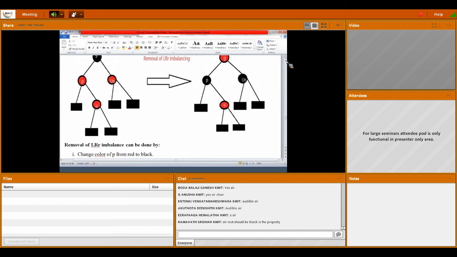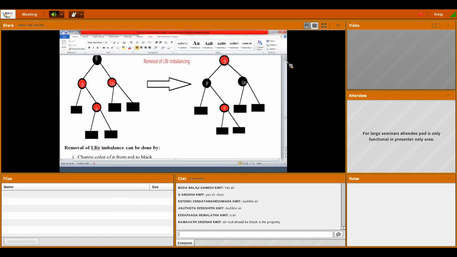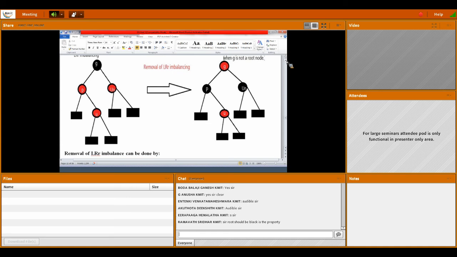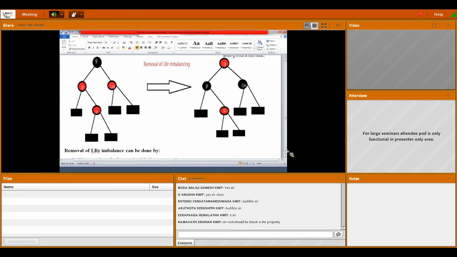So then see whether G is a root or not. If G is not the root, then make it red. If it is the root, keep it as it is. So then if you count, it satisfies in any path. For example, if the G is a root, then don't change it.